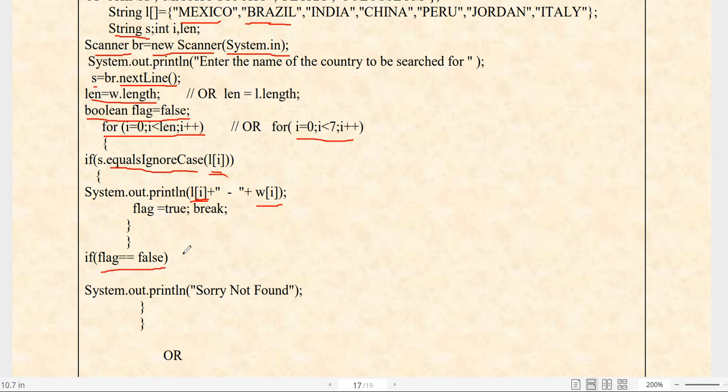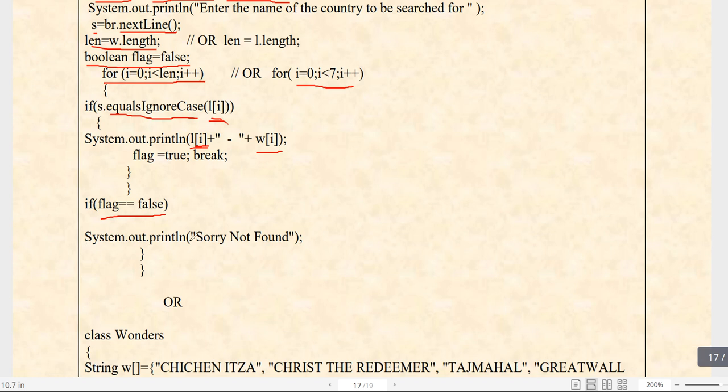If it is false, then the "sorry not found" statement will be printed. Why, if flag is equal to false, is the sorry not found statement printed? Because we have mentioned that when your searching has completed, the flag will change its value and become true. True value will be assigned to the flag variable.